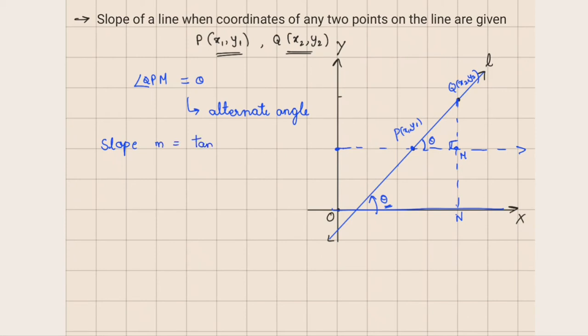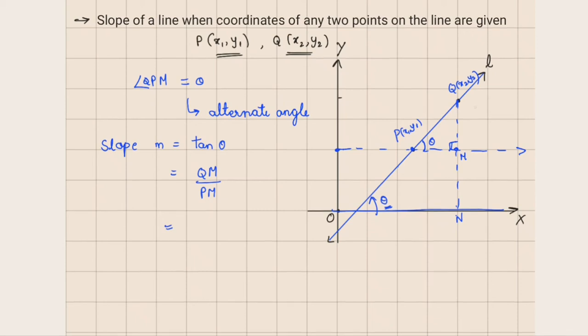We know why we use tan theta. Tan theta is nothing but opposite side by adjacent side. Its opposite side is QM by adjacent side PM. So now we need to find the length of QM. It's so simple. We have done it two times in the lecture 1 proof. The length of QM is nothing but